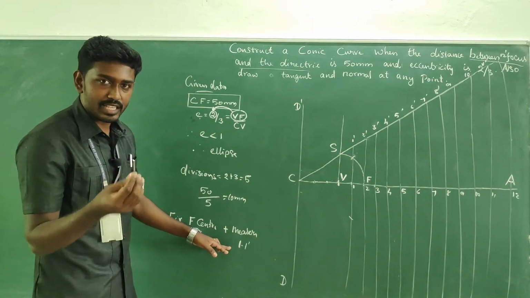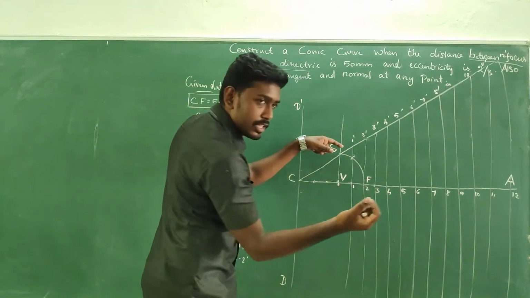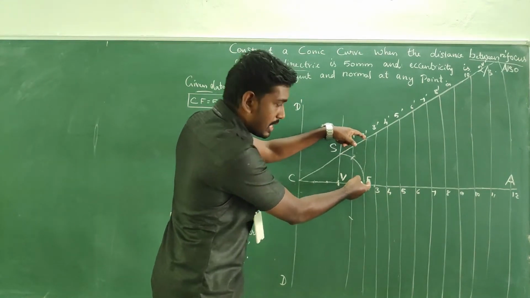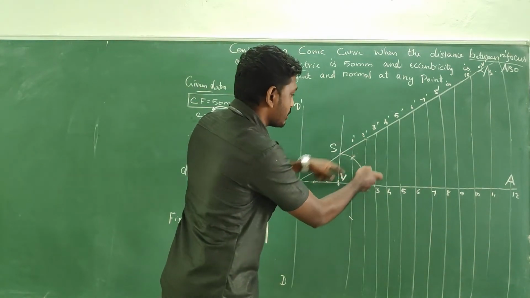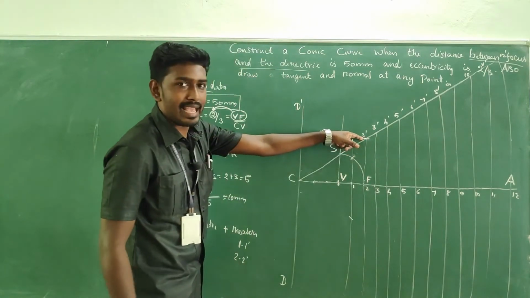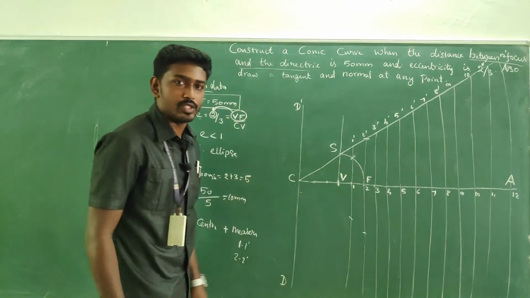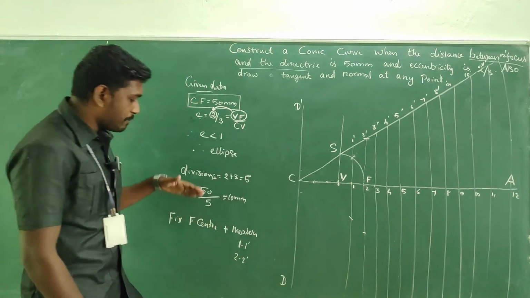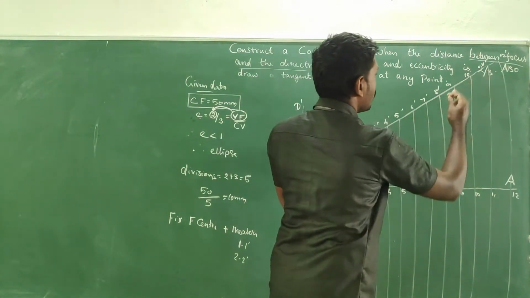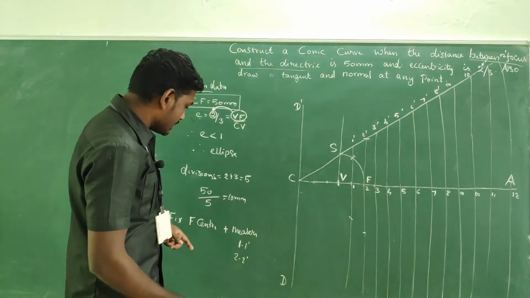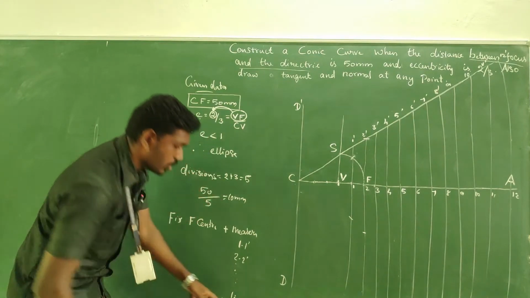So what about the second? We go with the same procedure. We measure 2 to 2 dash. I am measuring 2 to 2 dash, fixing the point F as center, and making a cut mark. If I make a cut, I get the point in the extreme. In the same manner, come to the lower portion and you will get it here. The same procedure should be followed for the rest of the lines, up to 11 or 12, up to 12 to 12 dash.